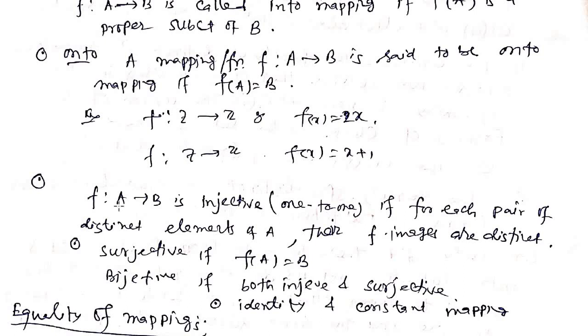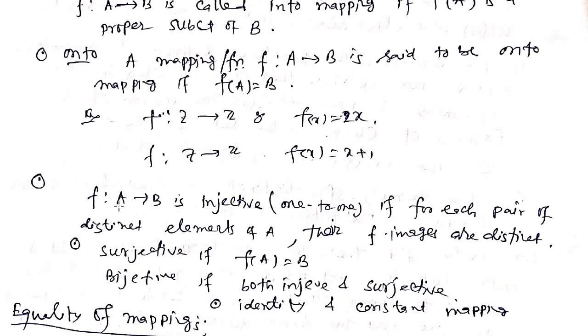So, like, if we take a map from R to R where f(x) equals a constant c for all x, the mapping is constant. This is not one-one because 1 goes to c, 2 goes to c, 3 goes to c, everyone goes to that c. It is not one-one. In fact, that mapping is not onto also. Take for example a map from Z to Z, the set of integers to integers, by f(x) equal to, say, 1.